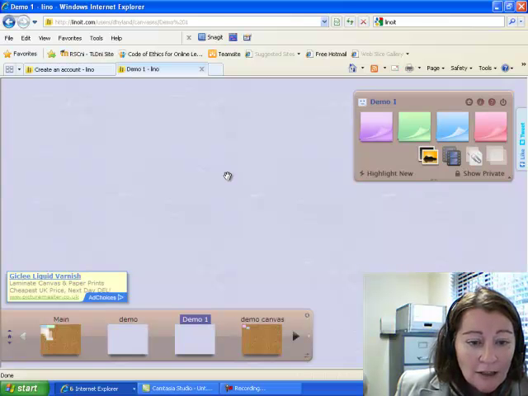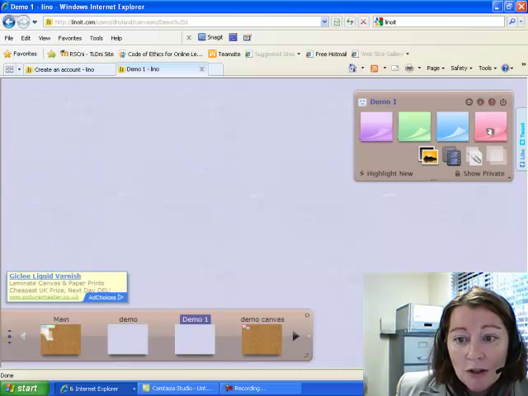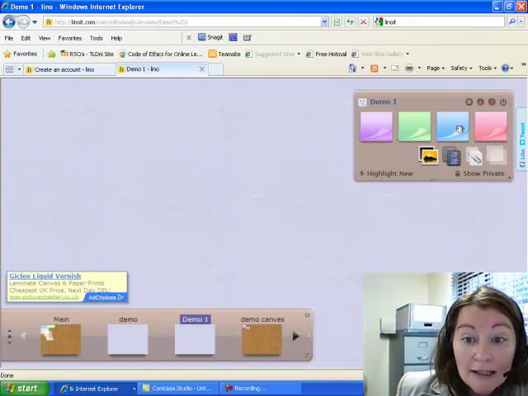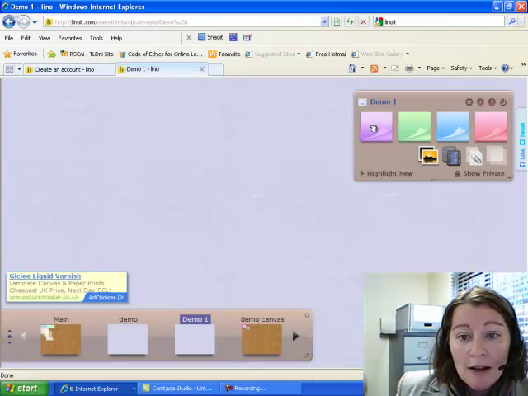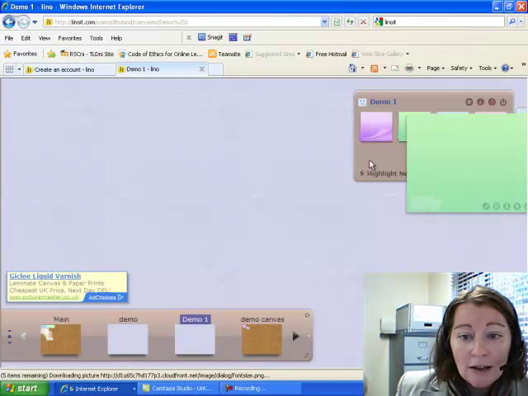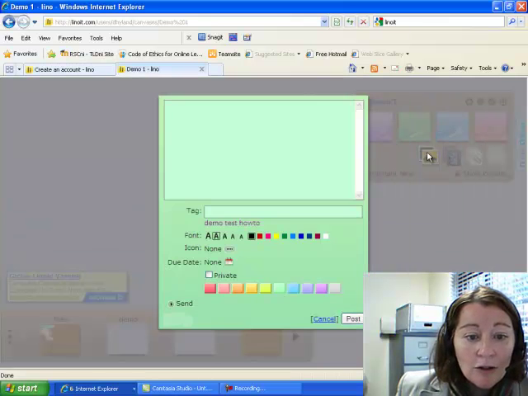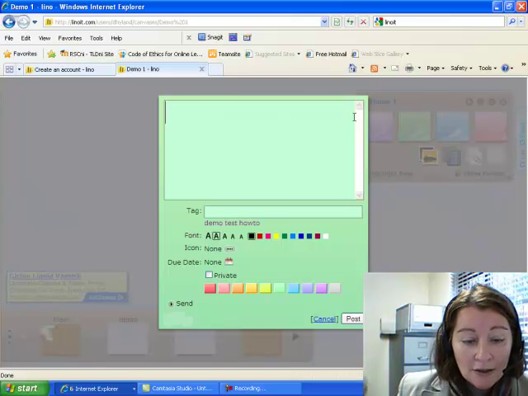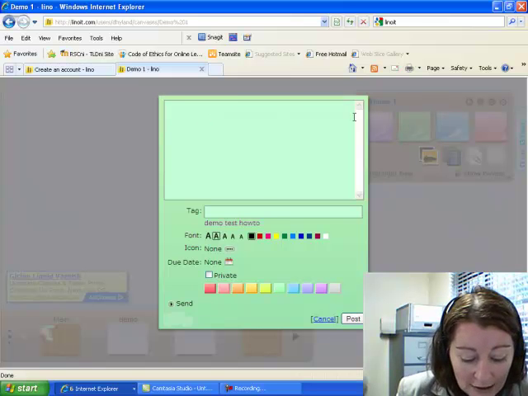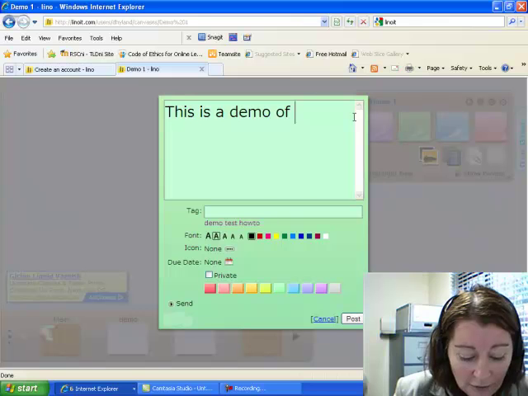Okay, so you can see our canvas is purple, a nice lilac colour, and we have a number of different options for our post-its, and basically that's what it is. It's a post-it note. So say, for example, we wanted to start with a green post-it note. I click on green and it will move across the screen into the centre for me to type. So if I wanted to say this is a demo of Linoit,